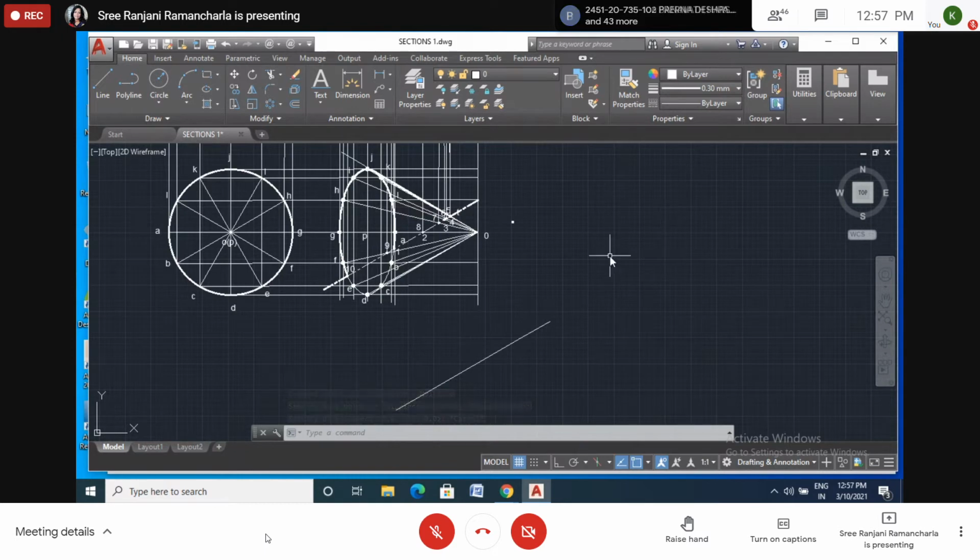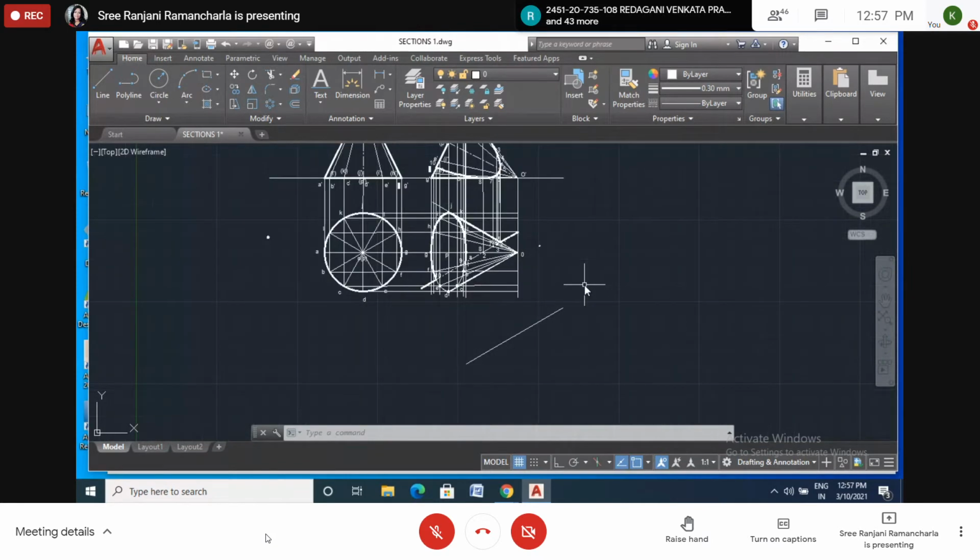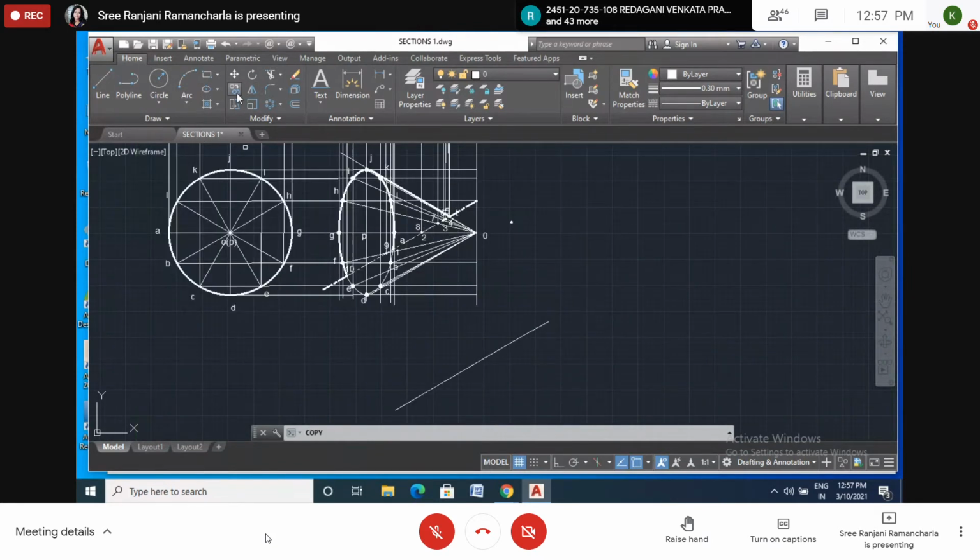Now we have to draw the parallel lines. This is again a little bit complicated problem. So I will move this a little bit close to this figure. Okay, very far.